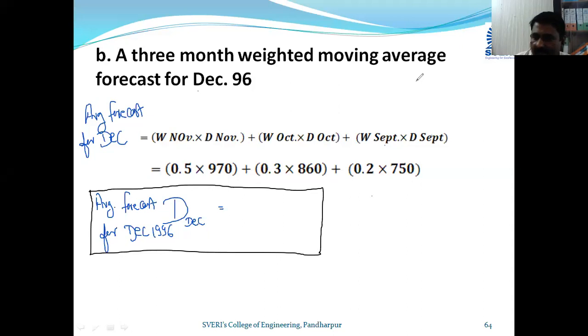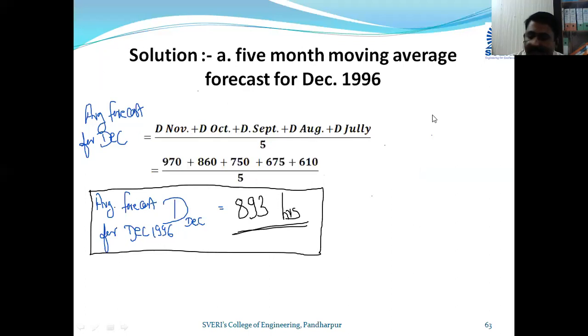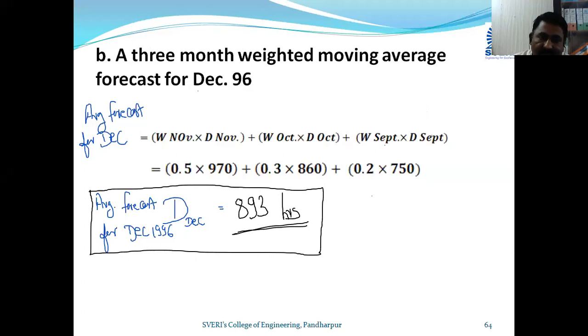Okay, so 893. If you are getting any other, you tell. This is 1, 2, 3 students responded. 893 hours. So in this way, by using the method, you can see the difference between these two also. So the first answer is different and the second answer is different. So 773 and 893. These two answers have completely different methodology.